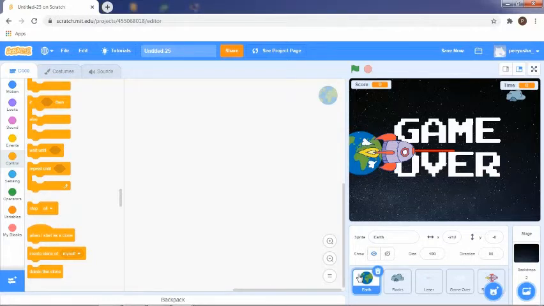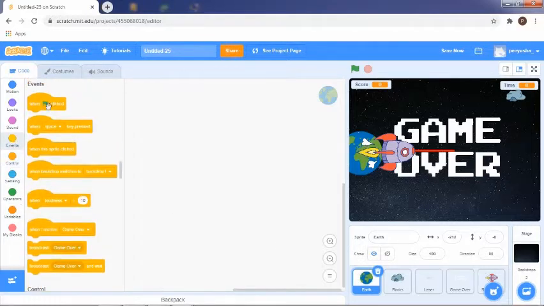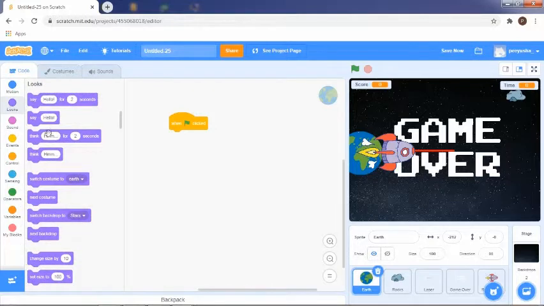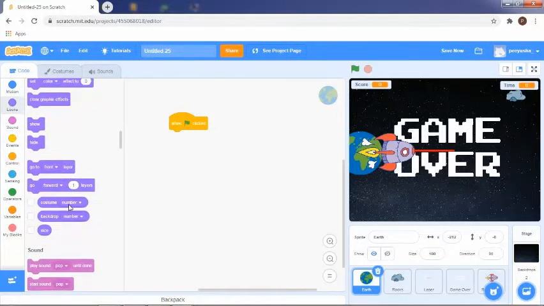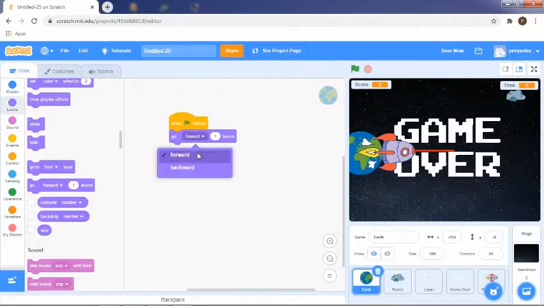So earth will only be there for kind of beautifying the game. That's why the only task that it's supposed to do is like be there. So when green flag is clicked, it's supposed to go backward 2 layers though. The reason behind it is because we want the rocket ship, which is like kind of the hero of the game,